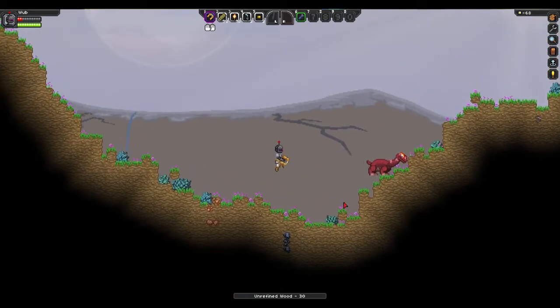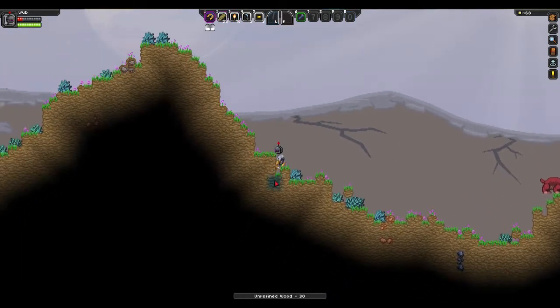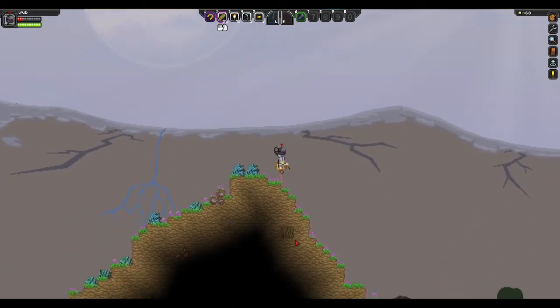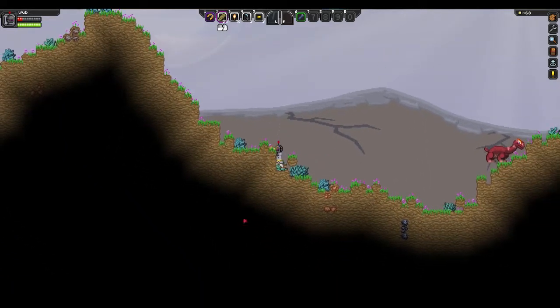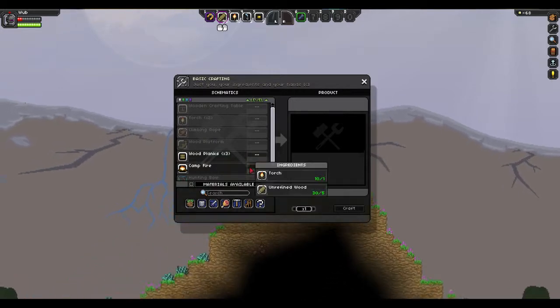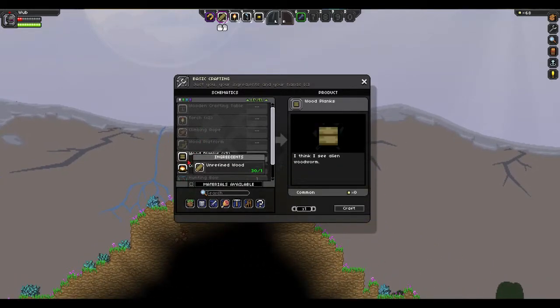As you can see, the wood kind of glitched out there, folks. Sorry about that. But now you have some wood. 30 logs to be exact from that tall tree. And then what you want to do is come over here, press C on the keyboard, and you can start